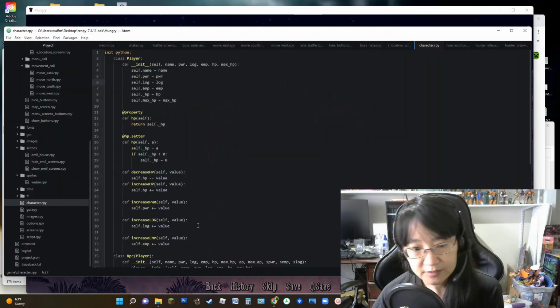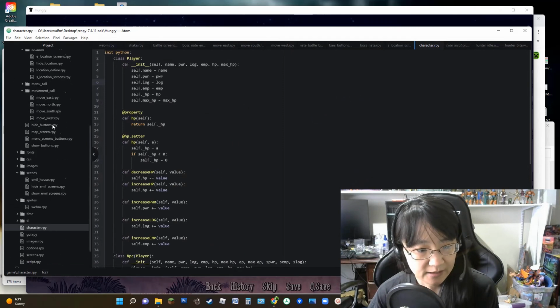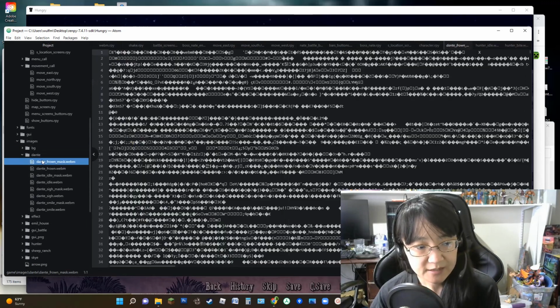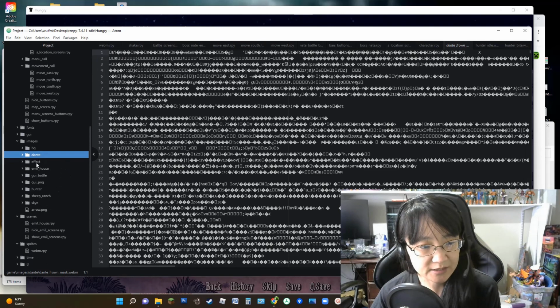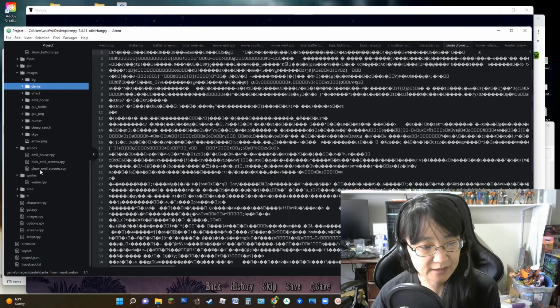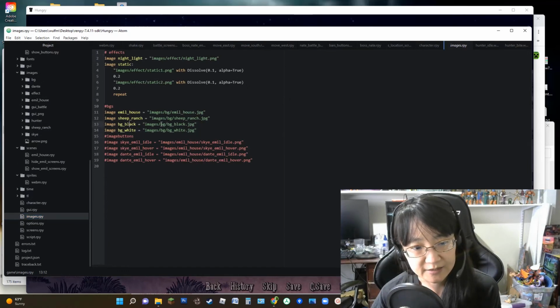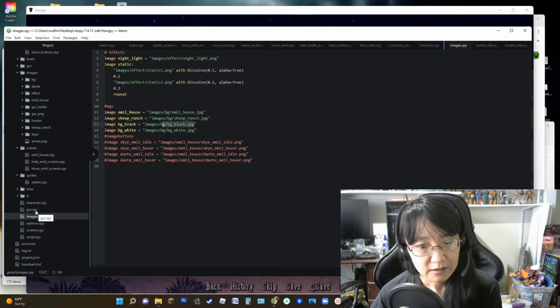And similar to making directories, you can just dump all the images in the image folder, and then you don't have to tell the game where the images are. When the images are located in a subdirectory, like if I go here to my images, I have to tell it that it's in the images BG folder. But when you start having hundreds and hundreds of images, especially if you're working with ATL animations,